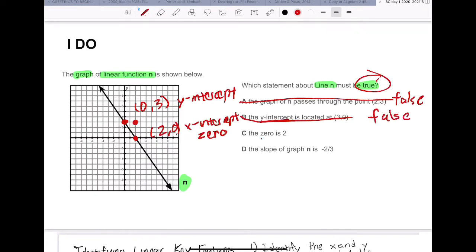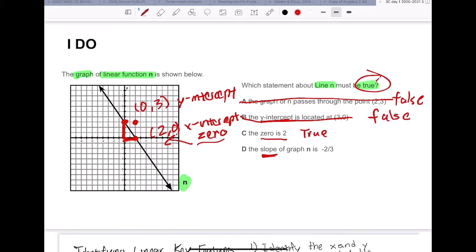The 0 is 2. All right, so when I go back, since I labeled my 0, it says 2. And so I would say this is potentially true. And now you notice here it refers back to the slope. So again, using your different methods of finding slope, I'm going to make a slope triangle from here to here. So it makes a perfect right triangle. And so starting from this point,